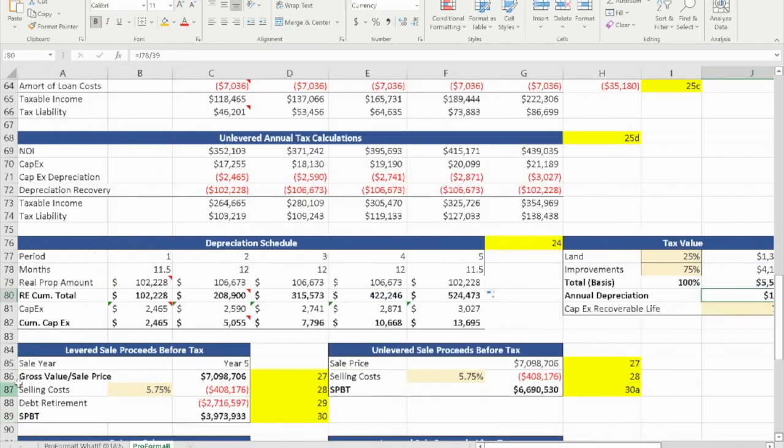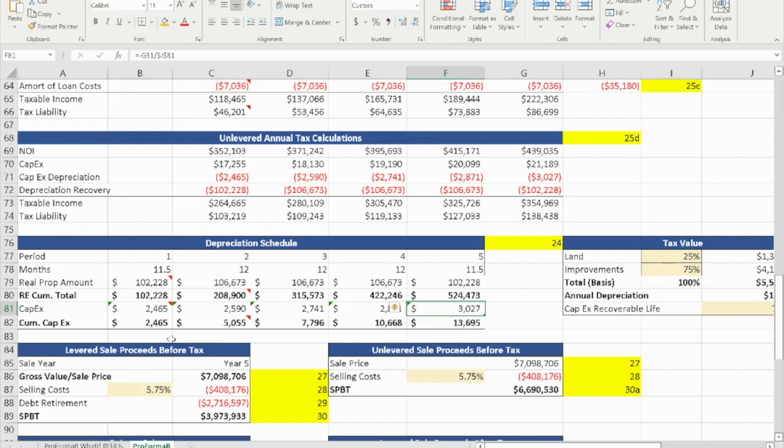But for years 2 through 4, it should be the full depreciation of $106,000. In order to calculate the cumulative depreciation, you're going to start with year one. It's going to equal the cell above, since that's the first year. However, for years 2 through 5, you're going to add the previous year cumulative depreciation plus the current year depreciation. So for me, it's going to be B80 plus C79. You don't have to anchor any of those, and it will allow you to drag it across, ending in year 5, where you're using the same formula of the previous year cumulative depreciation plus the current year depreciation, totaling